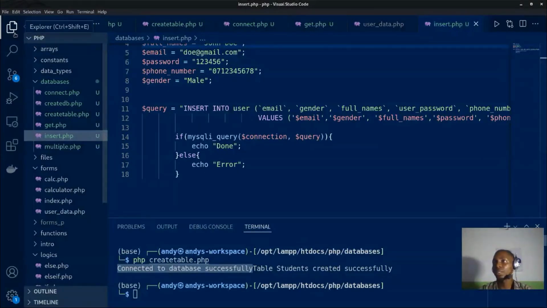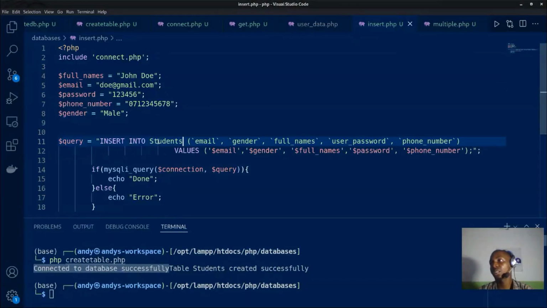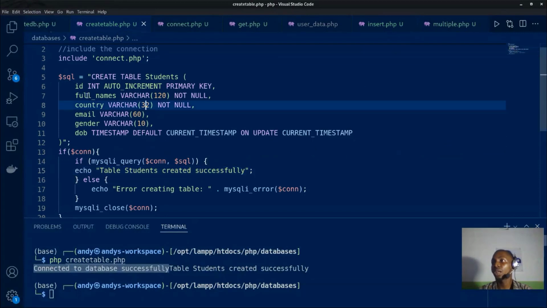So we have this, and look at my statement. Let me collapse this. So this is my statement: insert into user. No, it's no longer user, we have students. Email, gender, full names, user password, which is password instead, and what else? Let's go back to our create table. We have full names, country, email, gender. So we come back to